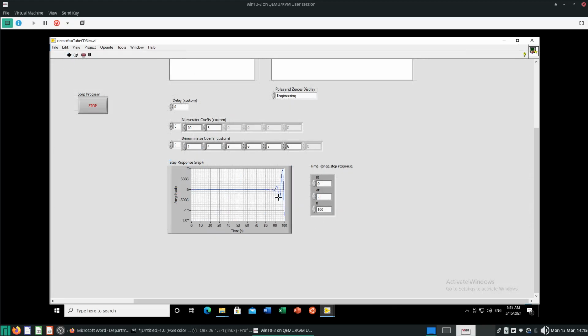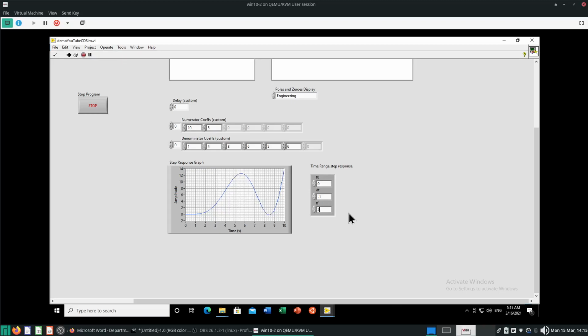So we press play. Now we can see that this is an exponentially growing graph. Actually, you don't even need 100 seconds. Maybe 50 seconds will do. And you can see it goes up to 200,000. Let's put 10 seconds. Okay, so it goes up to 14, it goes back down to 0, then it goes